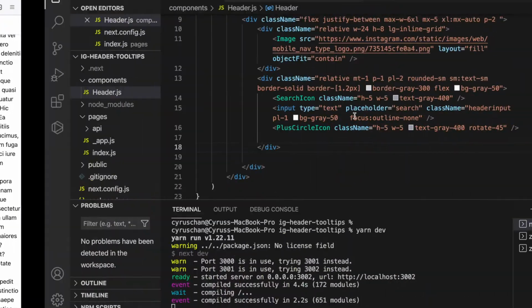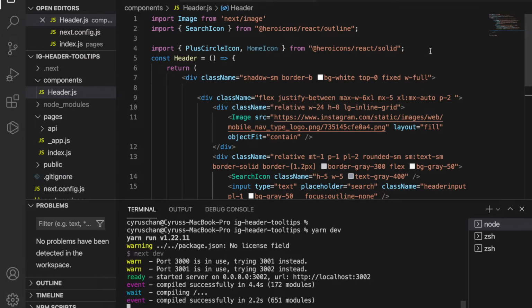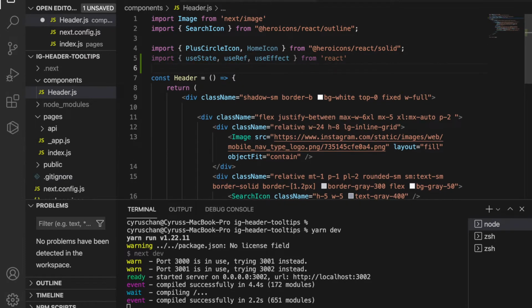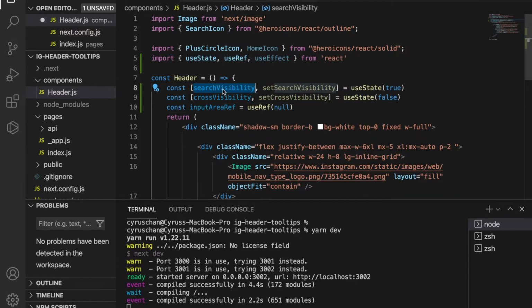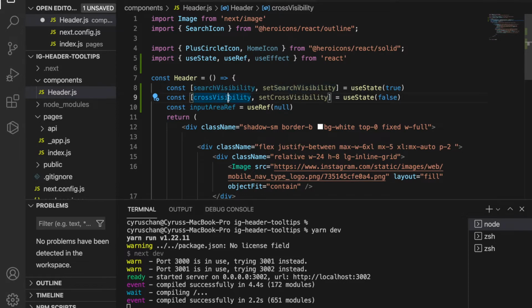So we go back to our project and go to the headers and go to the top. We add import the useState, useRef, and also useEffect, because now we are going to add two states to control the visibility. So under the headers, we add two states. One is the search visibility, which controls the search icon, and the cross visibility is to control the plus circle